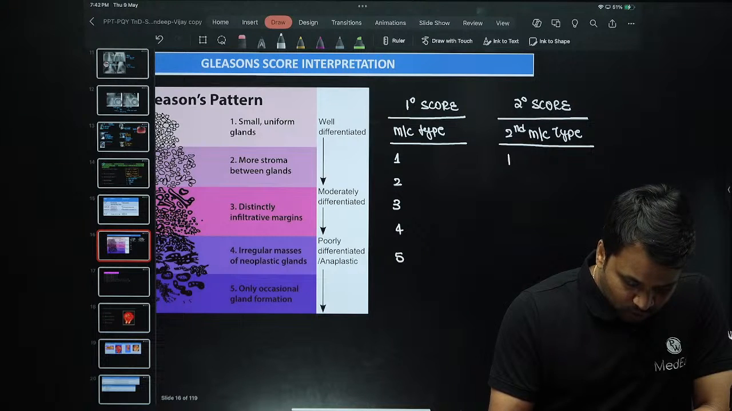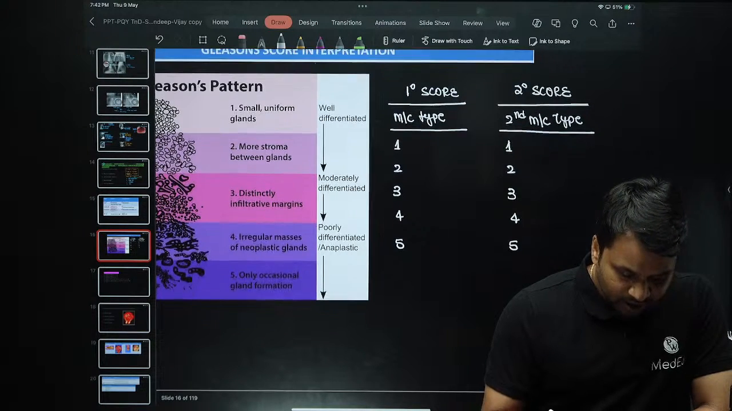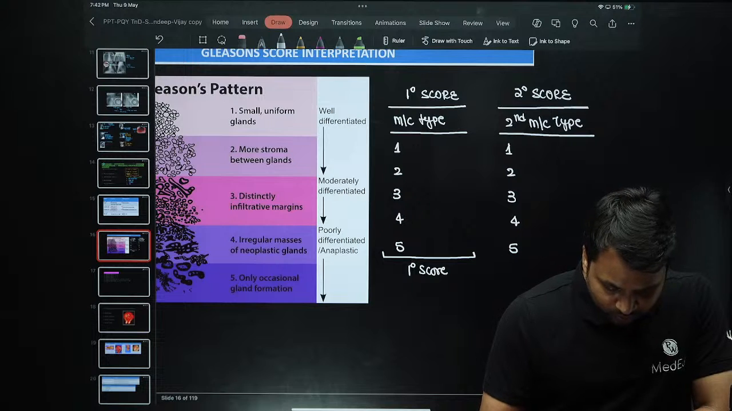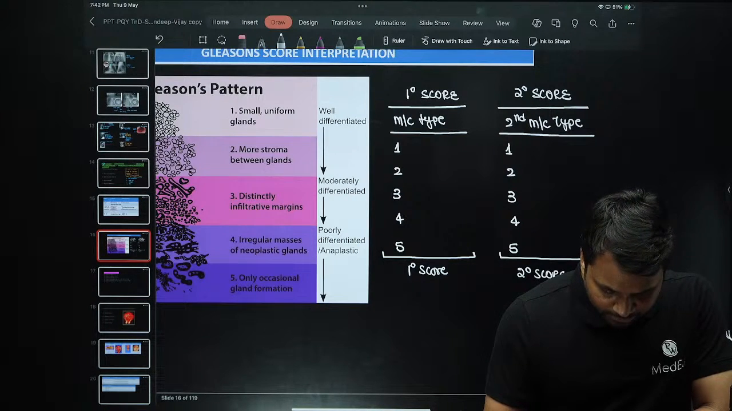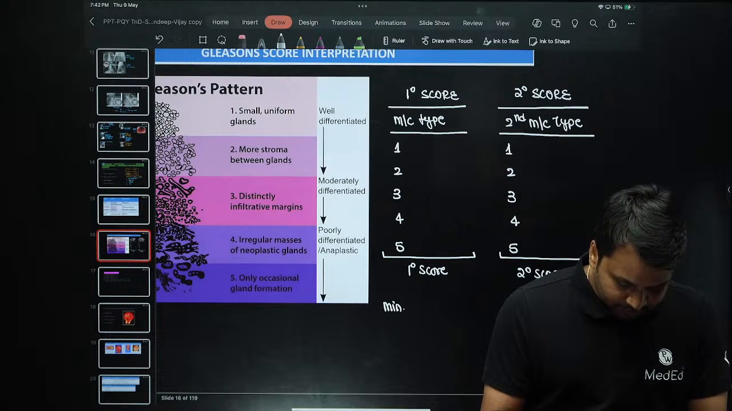And a secondary score also will be between 1 to 5 based upon the pattern of cell that you see. Now, when you look at this, whatever score you get, this is what we call the primary score, and whatever score you get from here, this is what we call the secondary score. Now, a total score, if I say the minimum Gleason's,